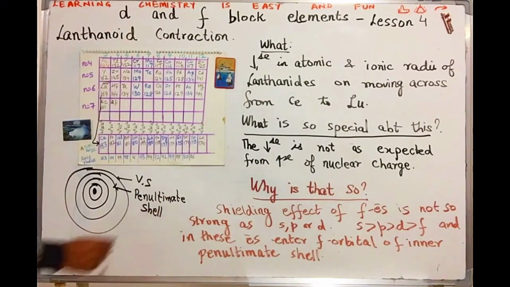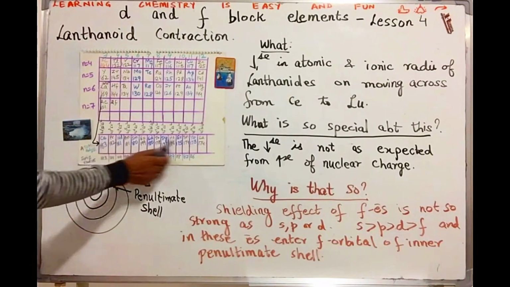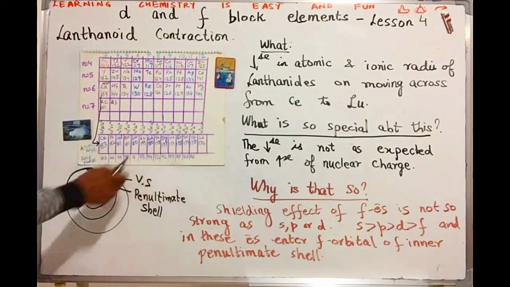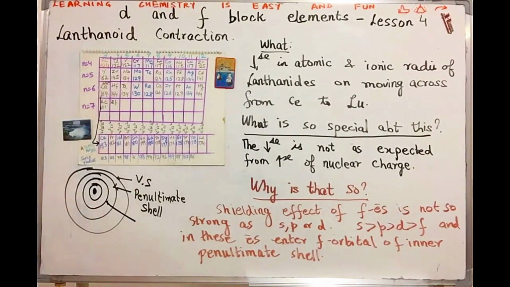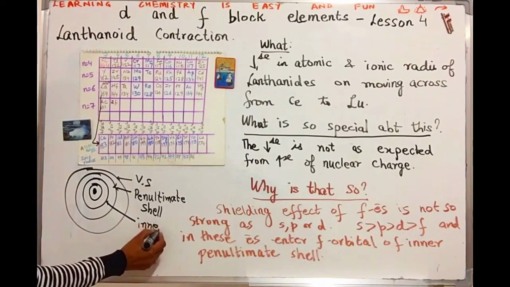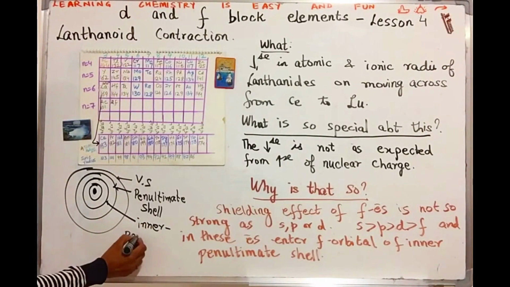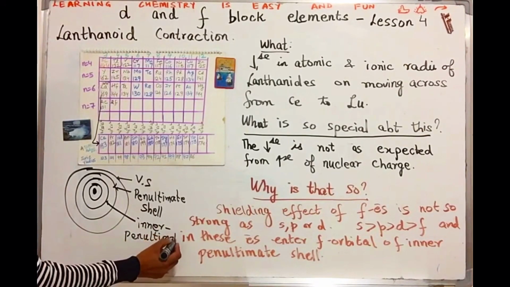So this is the penultimate shell. In the case of F block elements, that is the lanthanides and the actinides, we notice that the electron is entering into the F orbitals of the inner penultimate shell,